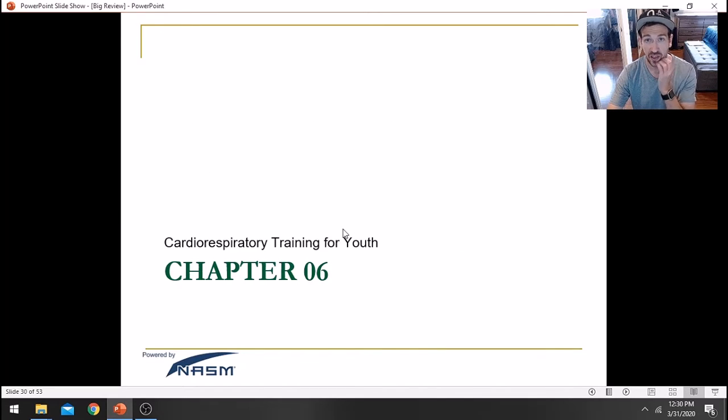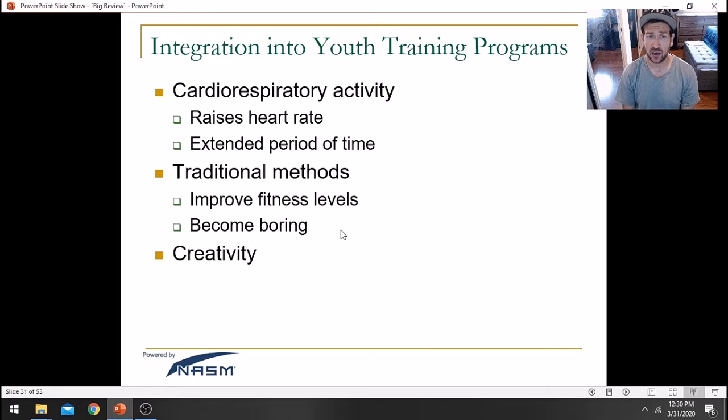Talking about our cardio training, cardiorespiratory activity is really important, obviously for youths, but really for anybody. Cardiorespiratory training is any type of training that elevates your heart rate for an extended period of time. The most traditional versions are like the treadmill, the spin bike, swimming, things like that. And those are really, really great, but